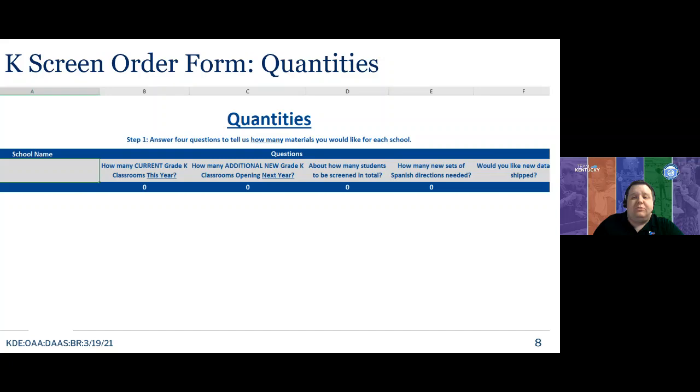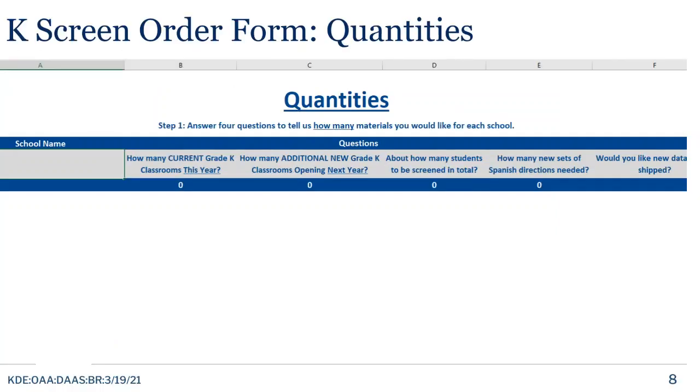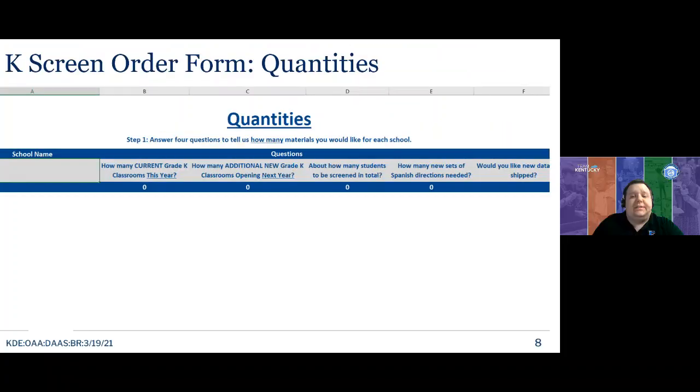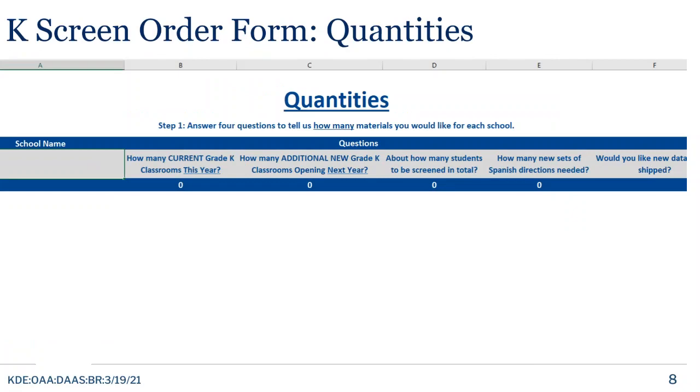This page will pre-populate the buildings in your district that house kindergarten students. If you look along the top, there are columns with questions to answer. One column asks how many new classrooms are opening. New is defined as how many additional classrooms are needed that were not existing last year. A great example would be if you have additional kindergarten students because this is a larger class than normal, or you are over cap and have to increase the number of classrooms, then this is what would be defined as